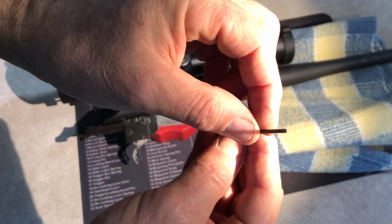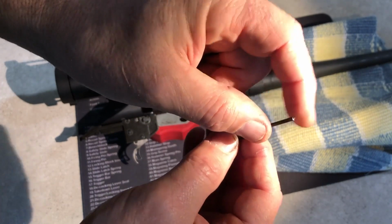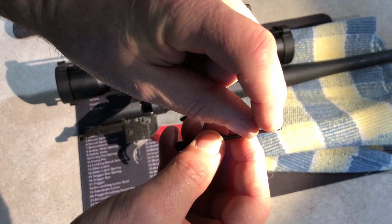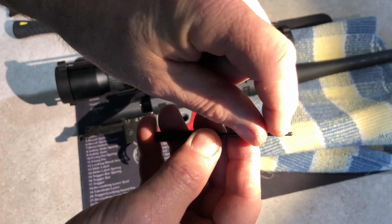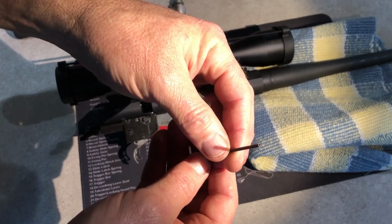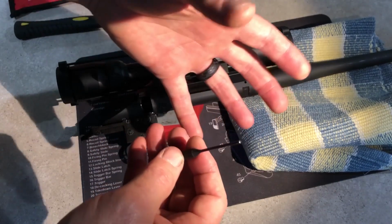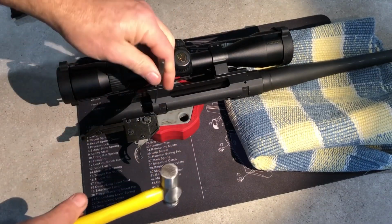And this is what the difference is. A normal punch would be flat. That's good for pins. But these roll pins are hollow in the center. What this does is allows us to get down into the center of that roll pin. It keeps us from flattening it out as we're driving it. It gets us in the center and helps keep that thing from mushrooming out. So use that, and get us a hammer,